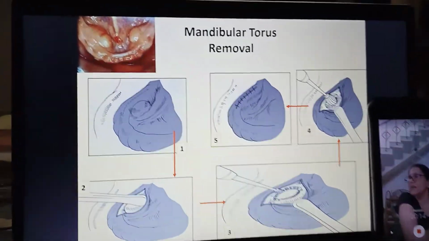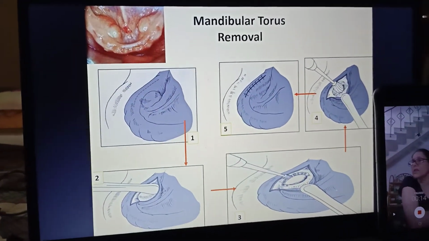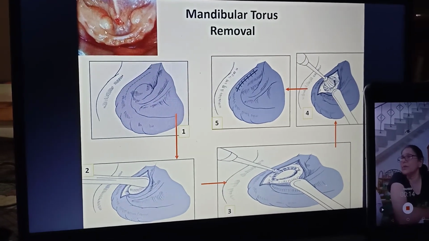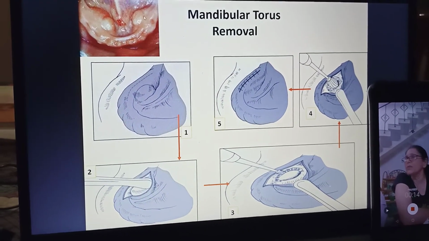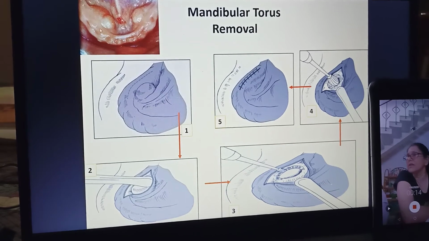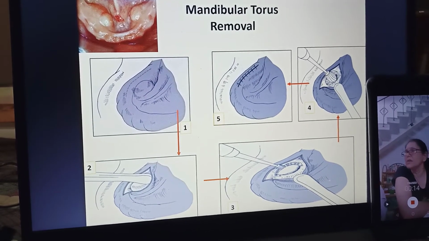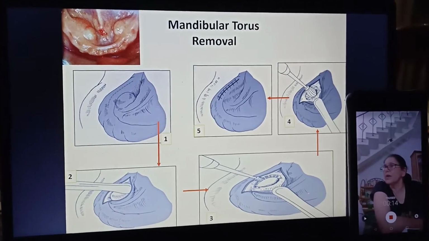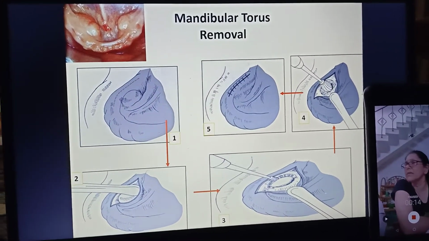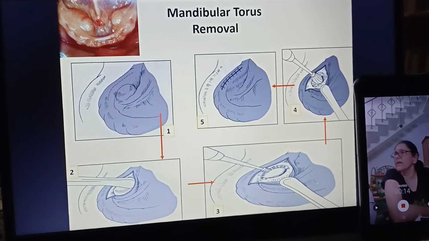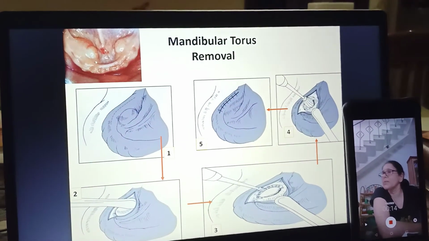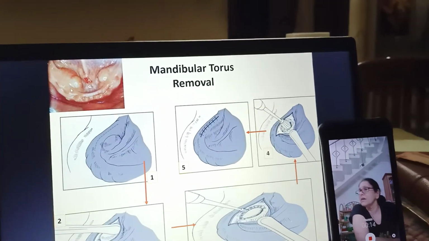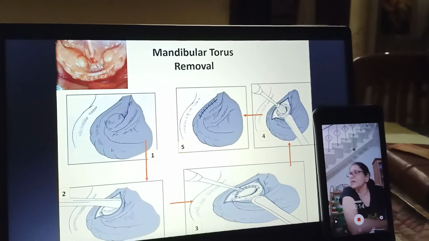So these are the mandibular tori which are present. They are quite prominent, present on the lingual aspect. That is the mandibular ridge. If you see, the height of the mandibular ridge and the mandibular tori are almost at the same level. So basically there is no place on the lingual aspect to accommodate the flange of the denture.